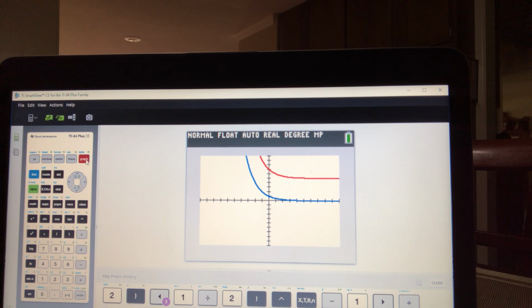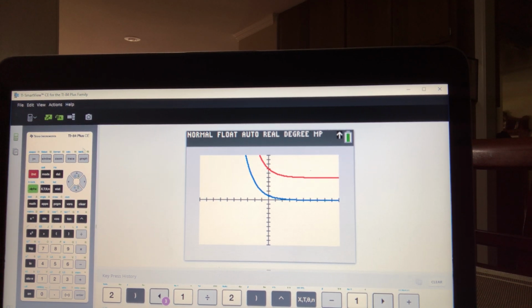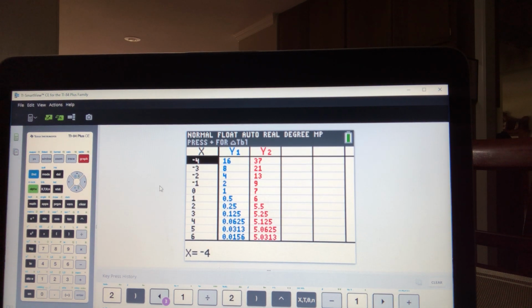So you're going to draw your horizontal dotted line on 5. And then the graph also shifts to the right 1. It's just kind of hard to see, but go ahead and go to the table, and you'll see that there are some points to plot, whatever fits, like -1, 9, 0, 7, 1, 6, and so on. And what you'll see is as you go further down the table,